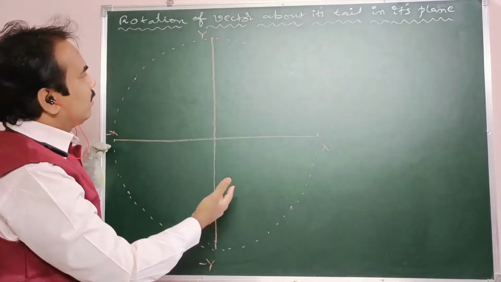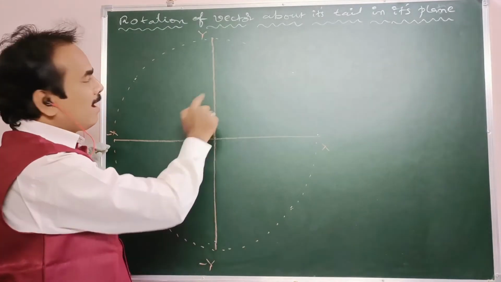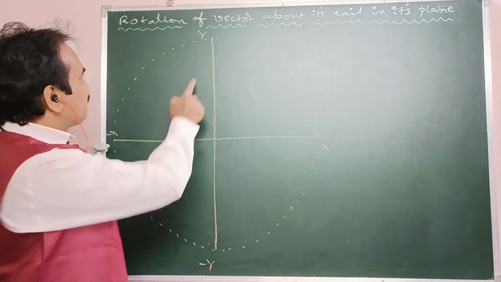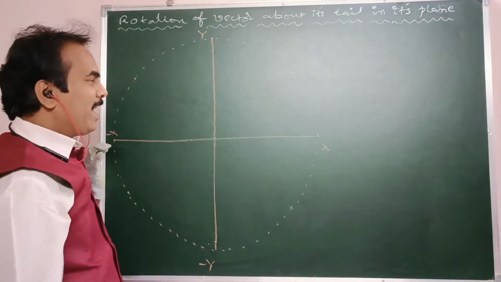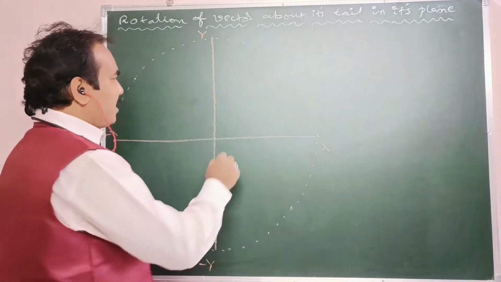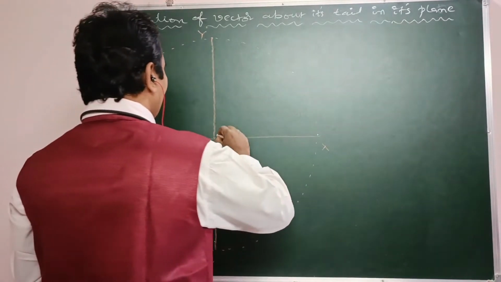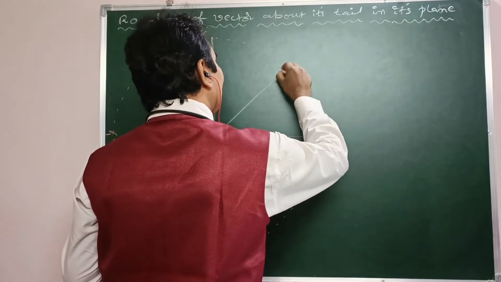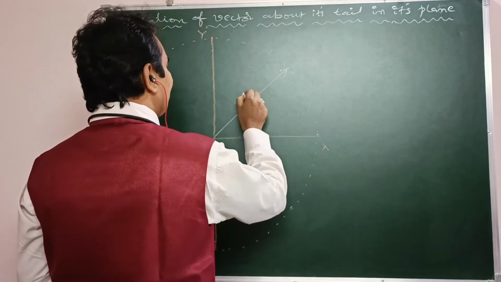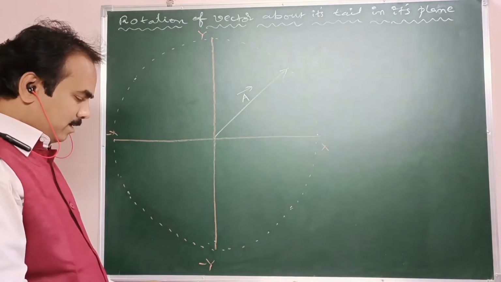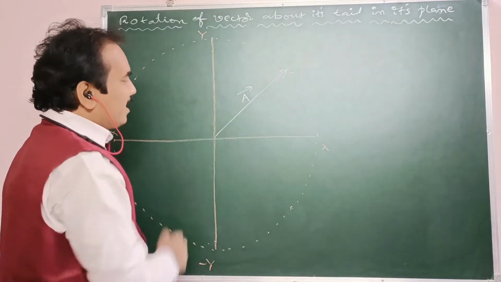It's simply one plane containing the Cartesian coordinate system, right? Positive x-axis, negative x-axis, positive y-axis, negative y-axis. In this plane, somewhere here, one vector is there. What is that vector? See, this is the given vector, A bar. A bar is the given vector, right? With this orientation,